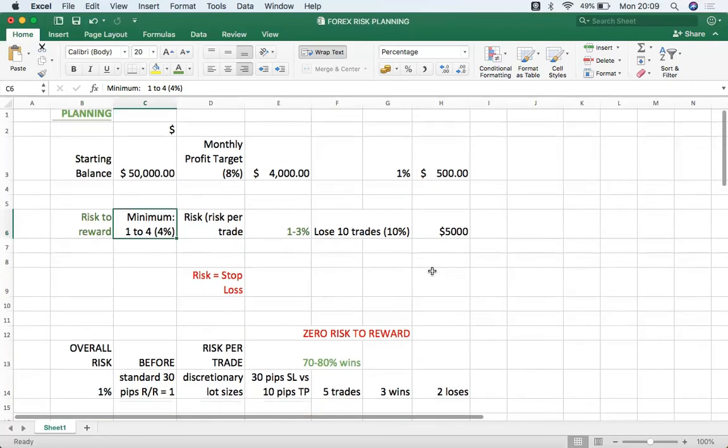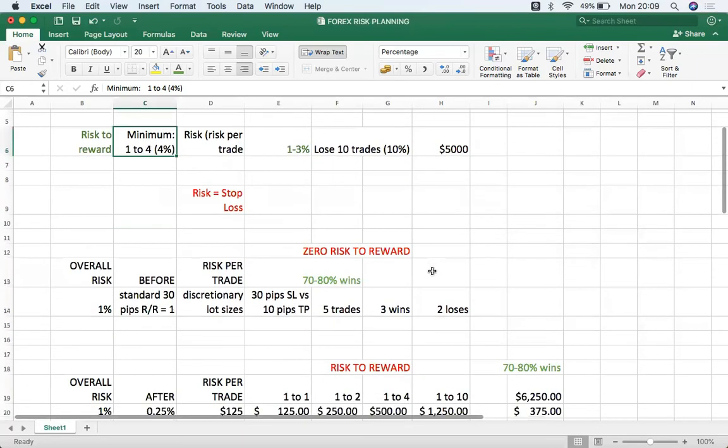So let me show you another way that I used to trade in the beginning. Let me show you how I literally used to trade. I know my risk is 1%, and then I used an arbitrary stop loss of 30 pips. But let me be honest: in the very beginning, the first 2.5 years of my trading, I'm now 3.5 years in, I never used a stop loss. I was one of those traders who used to say, I don't use stop loss. At the same time, I was with my mentors, and some of them would say the same thing, so I'd pick it up from them. We don't use stop loss.